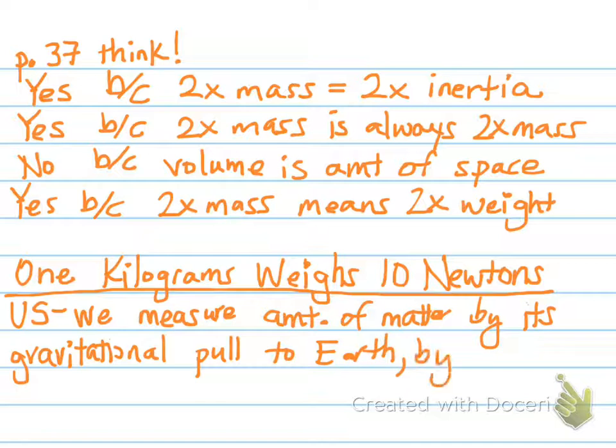Basically by weight. Because the unit we use, a pound, is measuring gravitational pull or weight. Again, we're sort of the weirdos in the world, okay? Because pretty much everywhere else